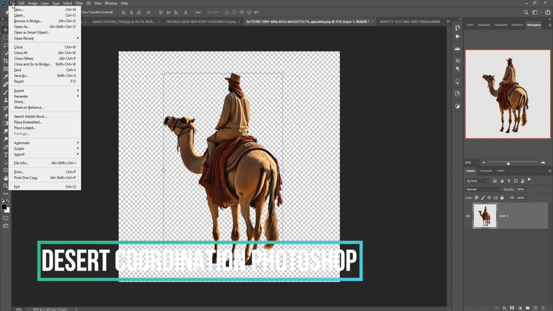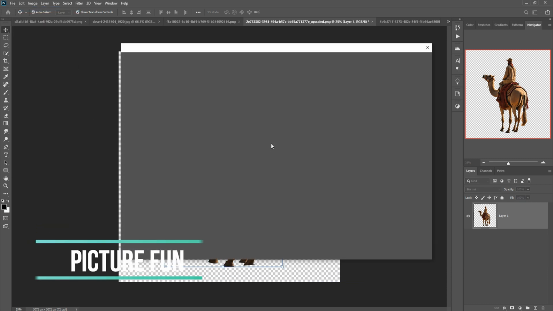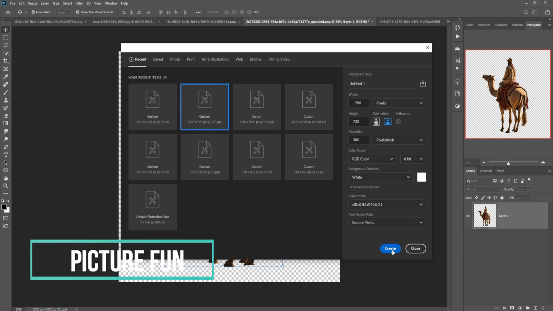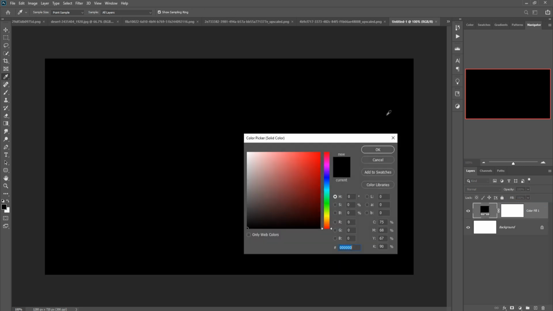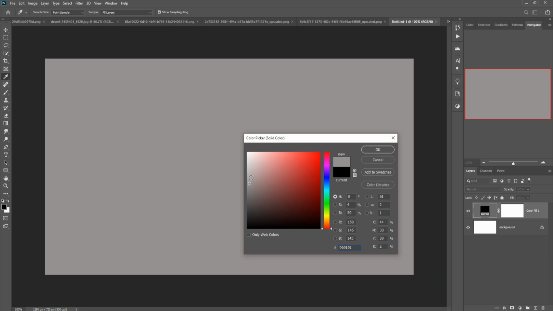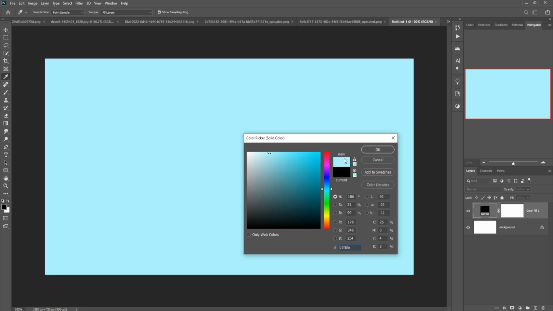First click on File, then click on New, create a document, just click on Create. Then we are going to color this document. So just click on Adjustment layer, select Solid Color and select, I think this one is perfect for my work. So then press OK